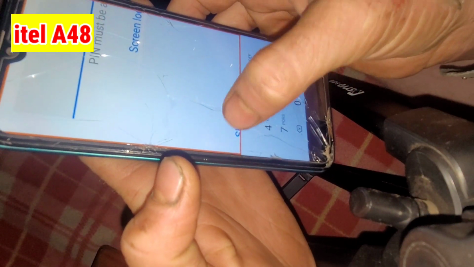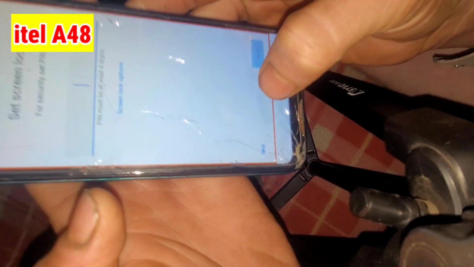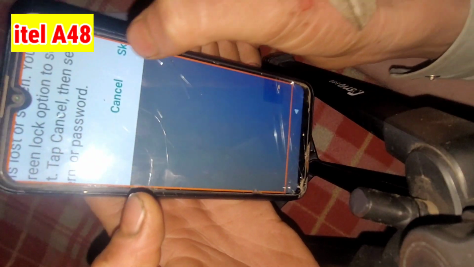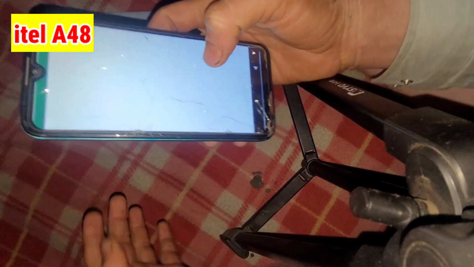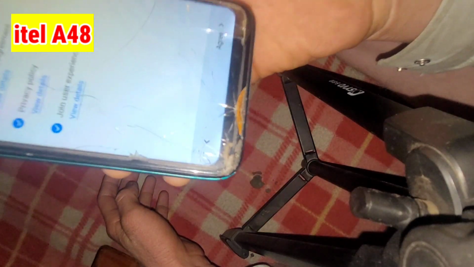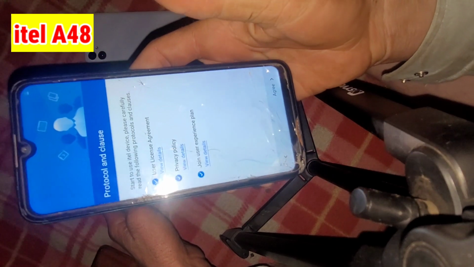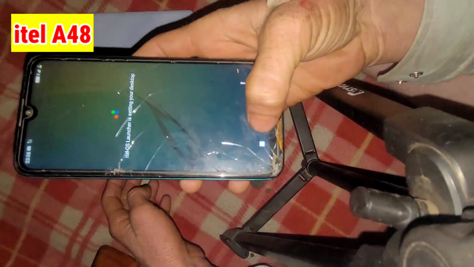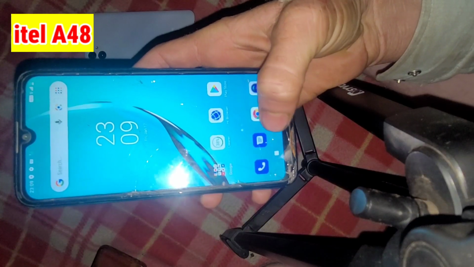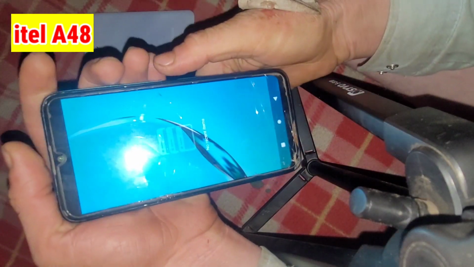Skip the pattern. Skip, agree, and continue. Here you can see your device has been FRP bypassed without PC, without MacBook, without any third-party software,